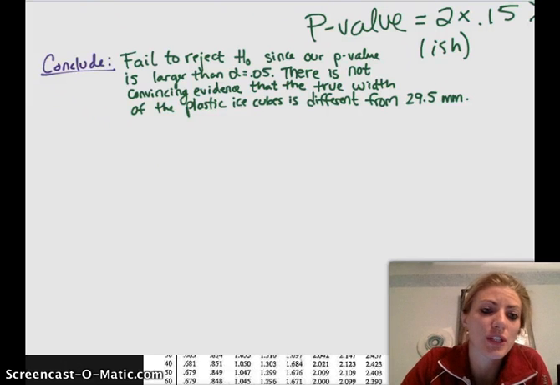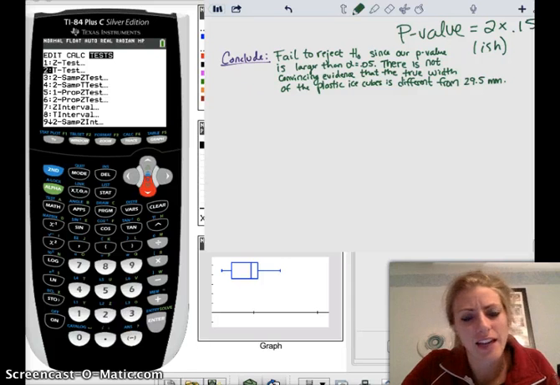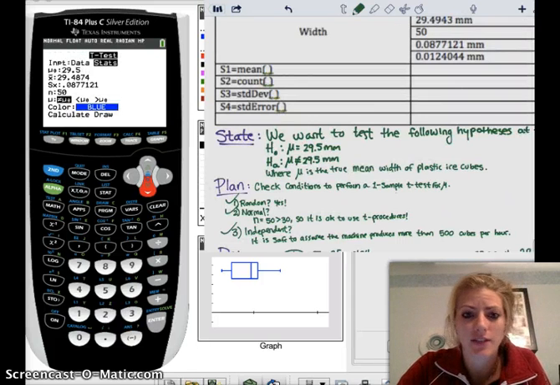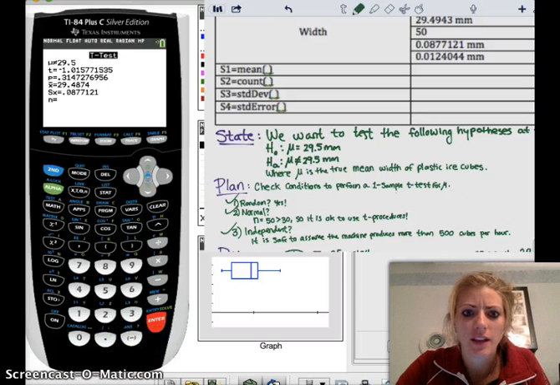If you want to do it in your calculator, I'll show you that as well. Again, you go to Stat Tests, and you're doing a t-test. This time you're entering stats because you didn't have data. So you enter all of your information, hit enter, and voila,